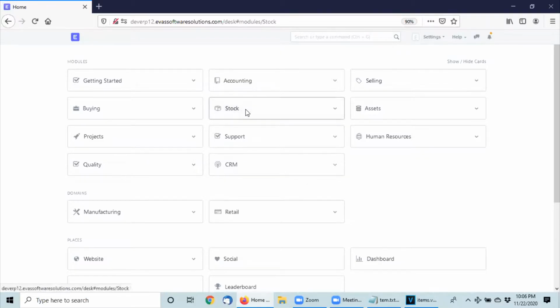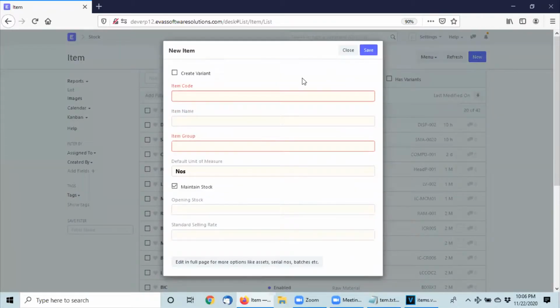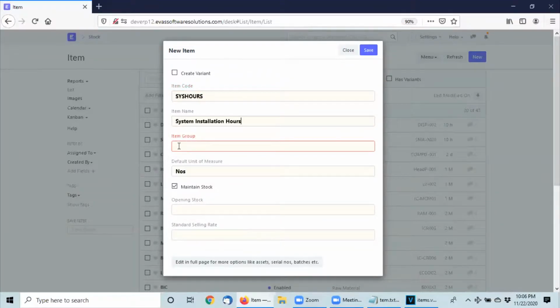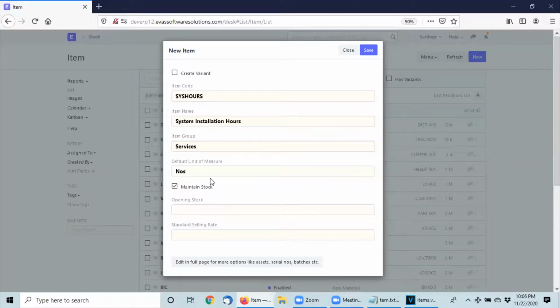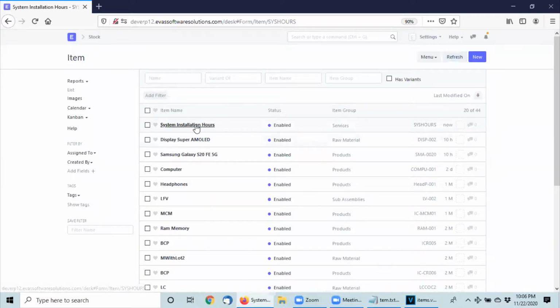Click in the stock module, click in item, click in new, enter the item code. The item code can be letters or numbers which you can identify your item. The item name is the description of the item, and the item group will be service. In this case, click and save, click and refresh if you don't see your item, click on the item to open it,